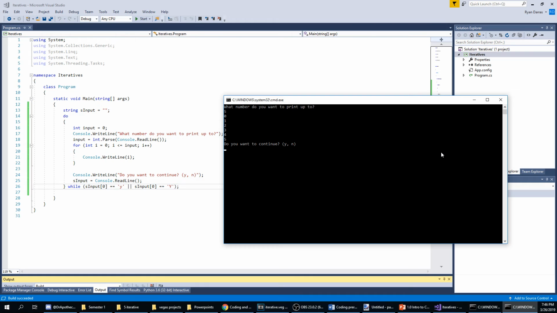Cool. Do you want to continue? Sure. What number do you want to print up to? 10. 0, 1, 2, 3, 4, 5, yada, yada, 10. Do I want to continue? Yes. What number do you want to print up to? 3,000. And it's going to go all the way up to 3,000 and it's going to ask me if I